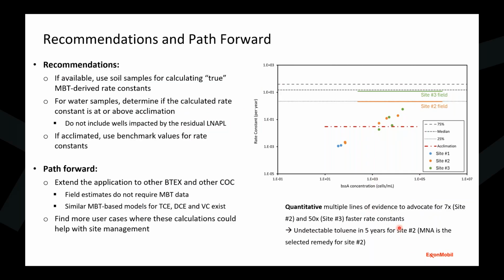Which in turn is extremely important because, for example, for site number 2, we could use a 7 times higher, and for site number 3, almost a 50 times higher rate constant than the 0.3 that is normally used as a general rule of thumb. And for site number 2, where the remedy is actually MNA, we can even forecast toluene to be undetectable in 5 years based on